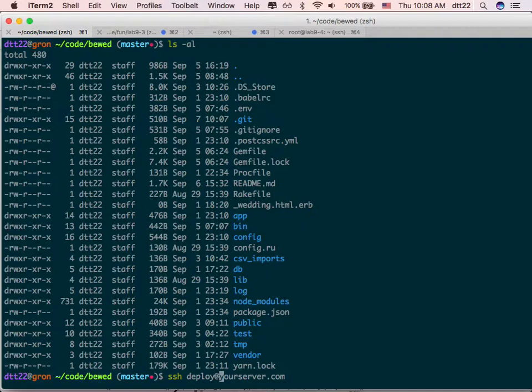So AWS, DigitalOcean, Linode, Rackspace, these are just places that you can just buy your own server. You say, I need 4 GB of RAM, I need this 256 GB of hard drive space, I need it to run Ubuntu version 16.04. That's it. They give you that, you log in, and you start installing.